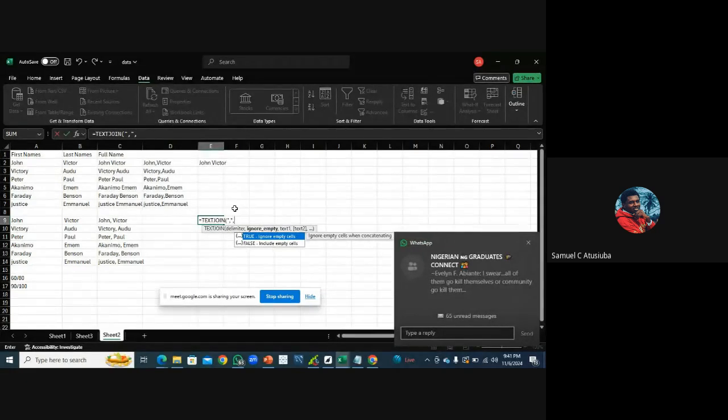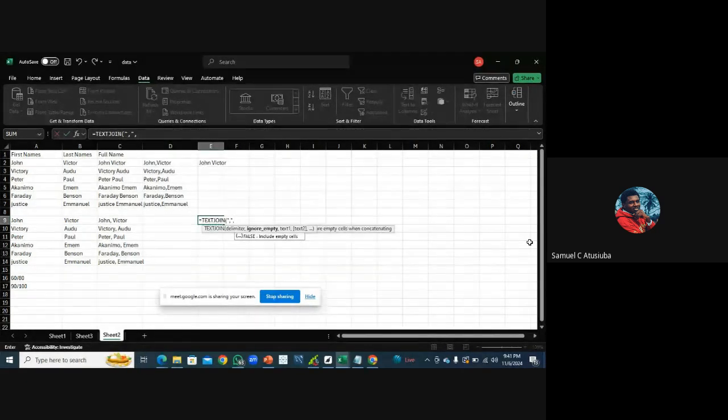Now it's asking you, because in some scenarios, your data set might have empty cells. The two columns you are trying to join might have empty cells. So now Excel is asking you, do you want to ignore those empty cells, or do you want to include them in the